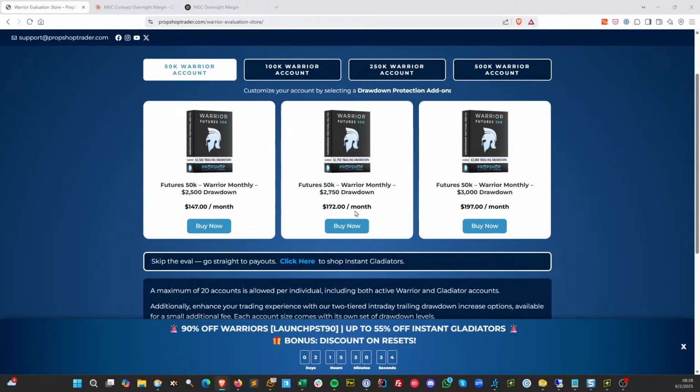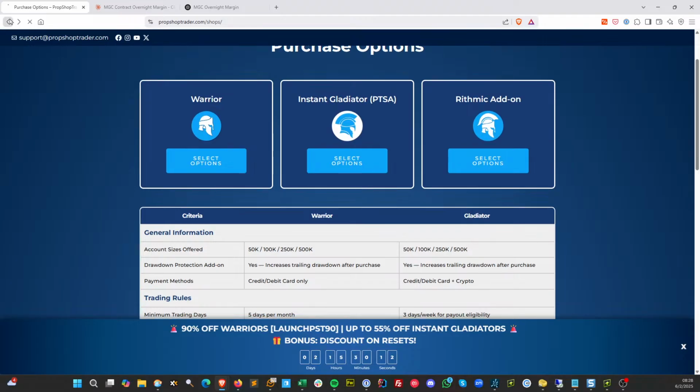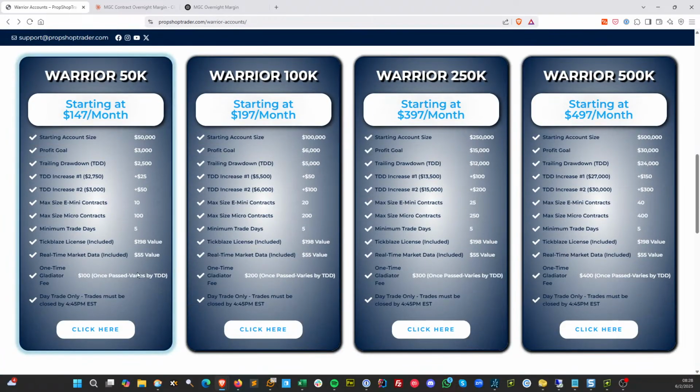But here you can actually say, well, I want to make that ratio 1-to-1. So if I do this, then I'll pay with 90% off, like $20 for a 50K account with a $3,000 drawdown. And again, this is an evaluation, so you got to pass it. And then if you go back to the other page, it costs, where is it? Here it is, $100 to convert it to a paid one. So you pay your $20 and then $100,